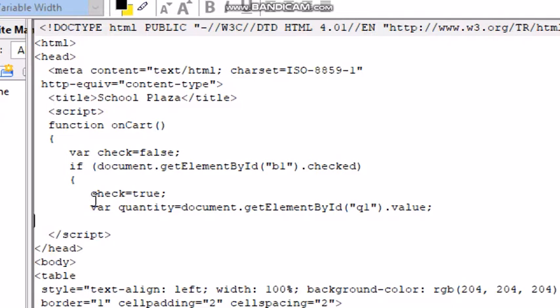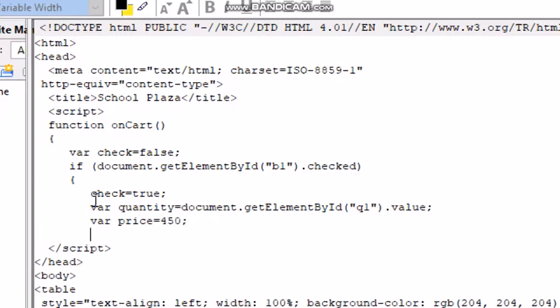Price of first bag was rupees 450. So we will declare a variable called price and give the value as 450. Next, we will calculate the total. So one more variable will be taken with the name total. Total will be price multiplied by quantity,